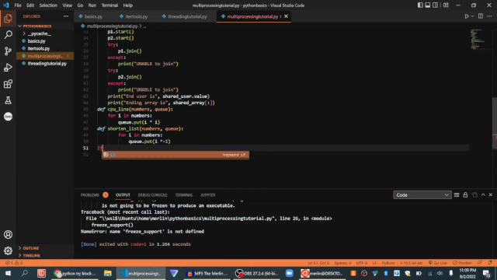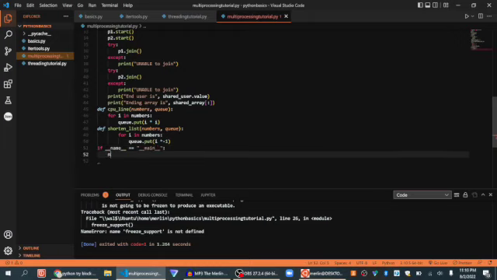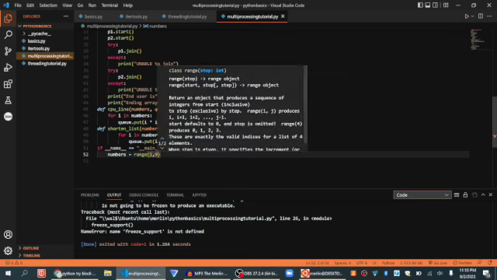Then, just like we did before, doing if __name__ equals __main__, numbers equals range of, and we'll just do 1 to 6 for now, or let's just do 1 to 9,